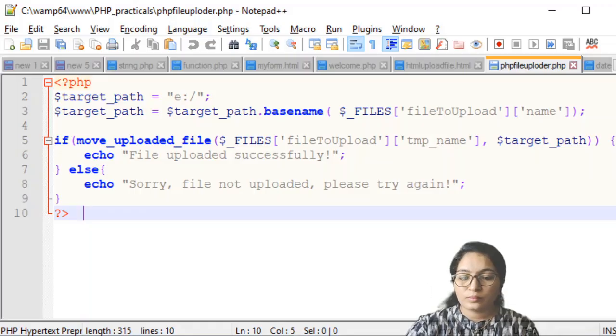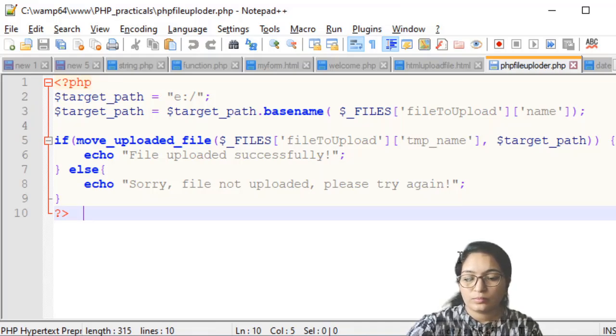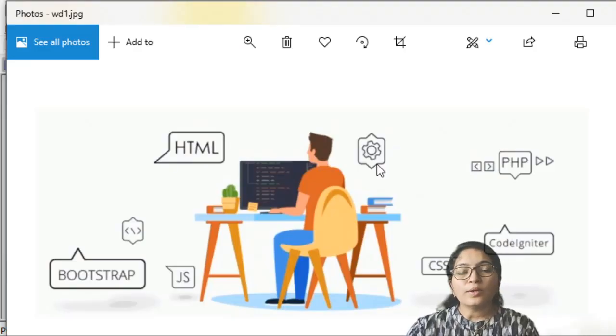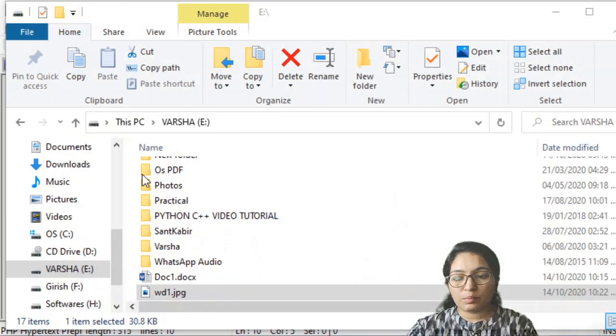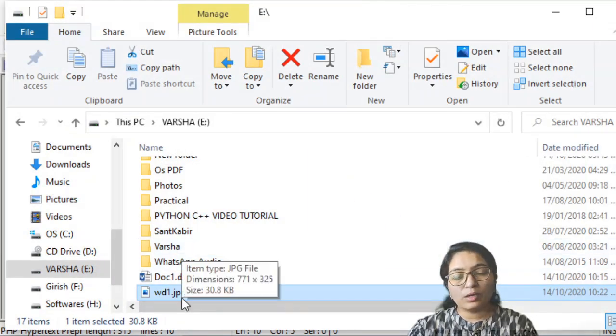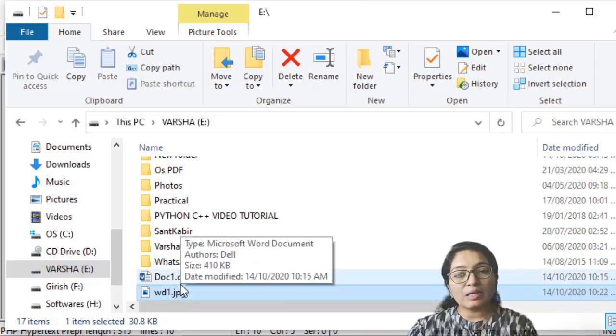So in this way, you can see this image is stored in that particular drive, WD1.jpg. So like this we can upload the files and images in PHP.